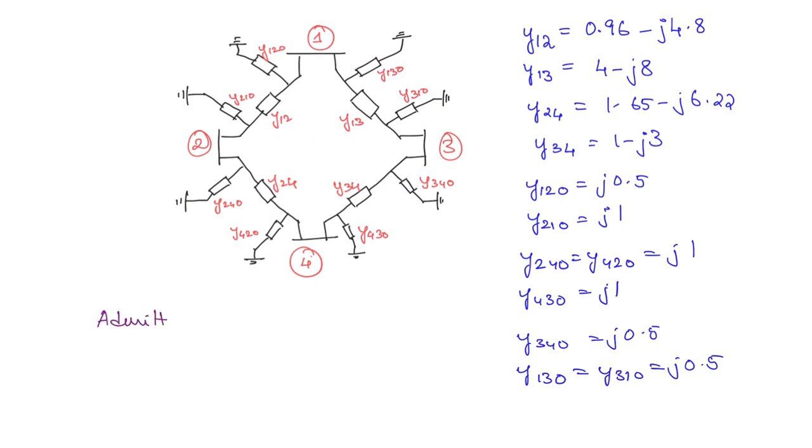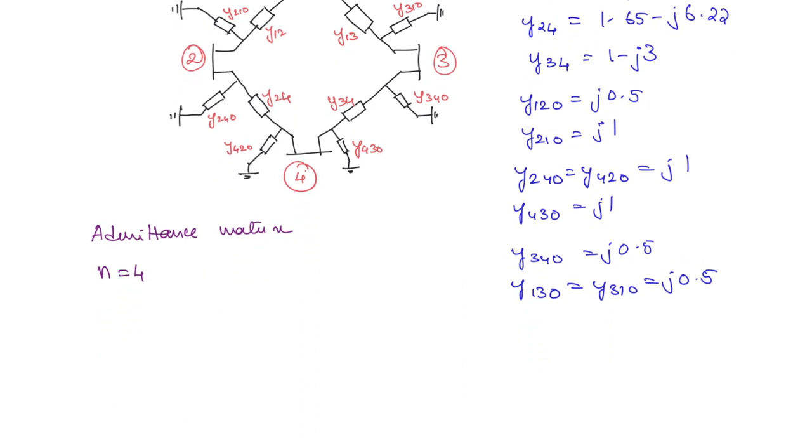So let us see how to do that. Firstly, the number of buses here is 4, so n is equal to 4. So the matrix that we are going to get is going to be a 4 by 4 matrix, right? So here it is going to be Y11, Y12, Y13, Y14, and so on till Y41, Y44. First we will start with the off-diagonal elements, that means Y12, Y13, wherever i is not equal to